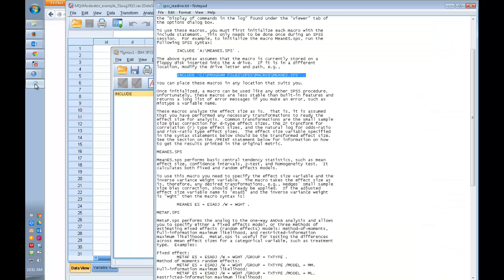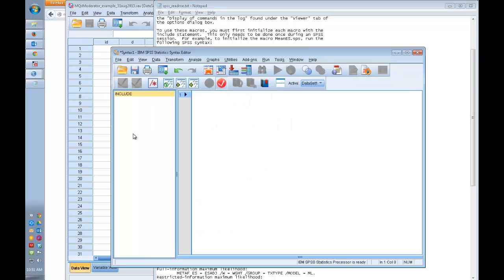Alright, so if the README file is still up, you can copy out the mean.es command from the README file and go back over here to your syntax, and here we are, and I'm going to tell it to use that macro that I just loaded into memory. But I have to put the right variable names in. So